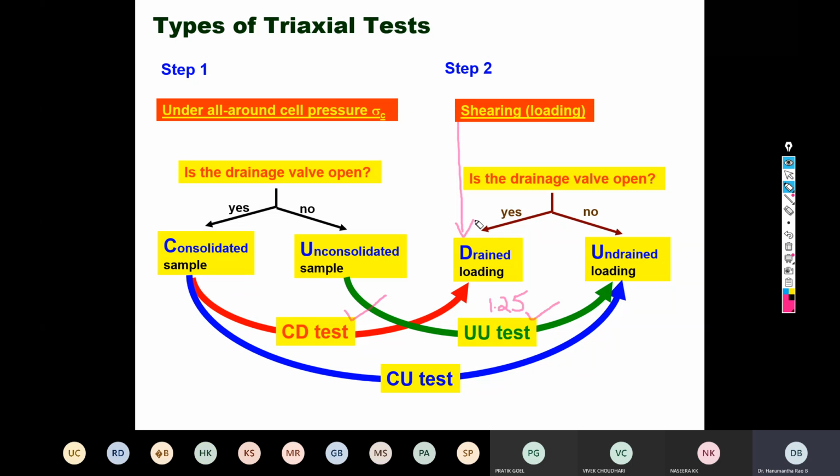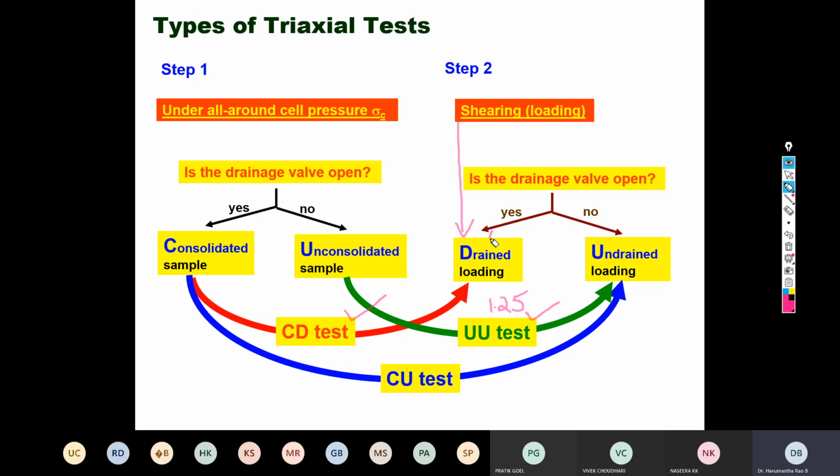Now, water draining is a time-bound phenomenon, but your strain rate is another time-bound phenomenon. It goes like a rapid. In 5 minutes, you can complete the test. So in 5 minutes, are we able to drain the soil sample? Practically not possible. So then how to accomplish drainage as well as the application of the strain together? This can be accomplished by lowering the strain rates.